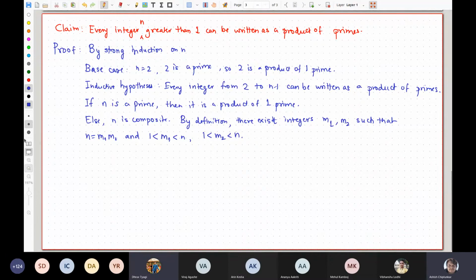Okay, fine. So then what? Now we'll use our strong induction hypothesis, right? What is our strong induction hypothesis? Every integer from 2 to n minus 1 can be written as a product of primes. So m1 is an integer between 2 and n minus 1, and m2 is also an integer between 2 and n minus 1. So therefore, by induction hypothesis,